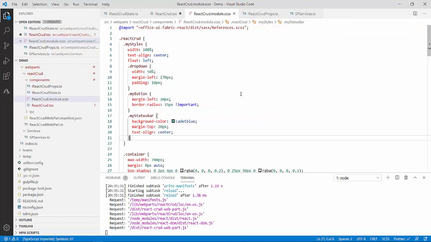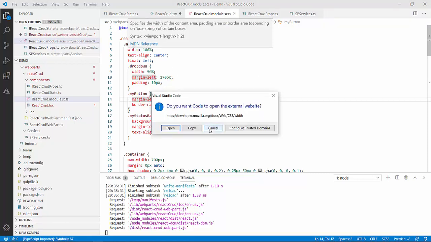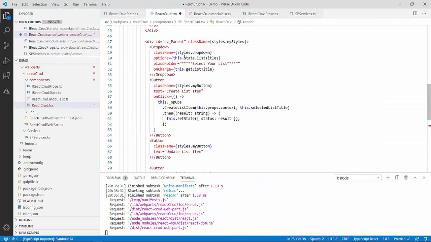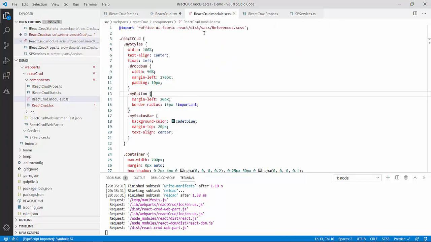So I'm able to modify the UI of my web part. What I did, instead of giving the margin left for the button over there, I was giving it around 60, but it was also then increasing the gap between my buttons. So what I did in my styles, that is the parent style. Okay, let me cancel it. You can see over here my parent div, it is using this style. So in this, what I did, I just put the text align center and float as left.